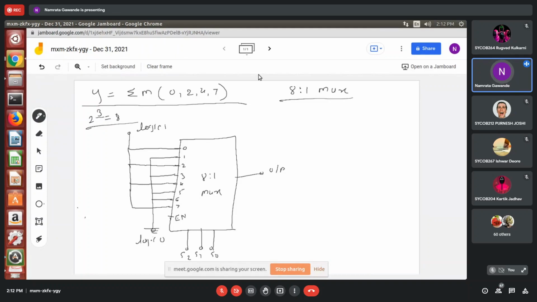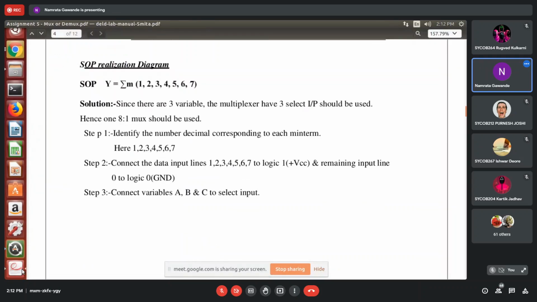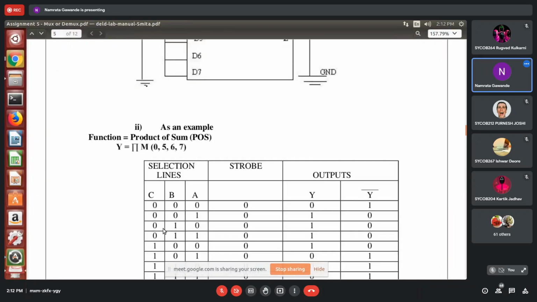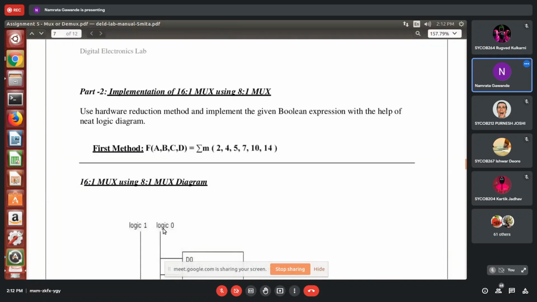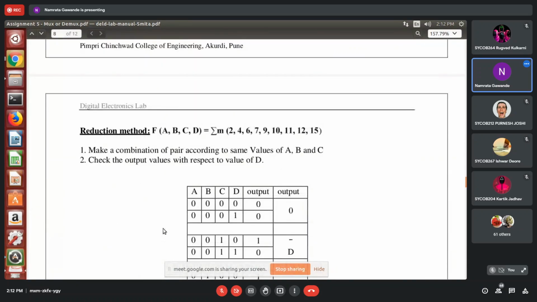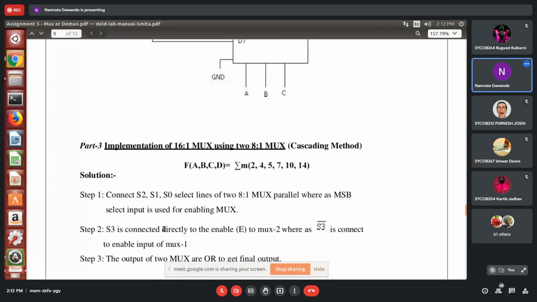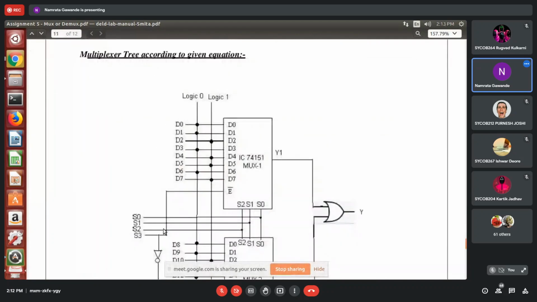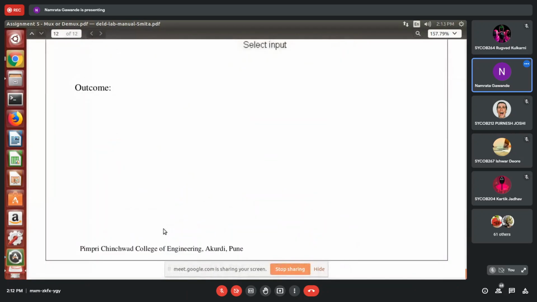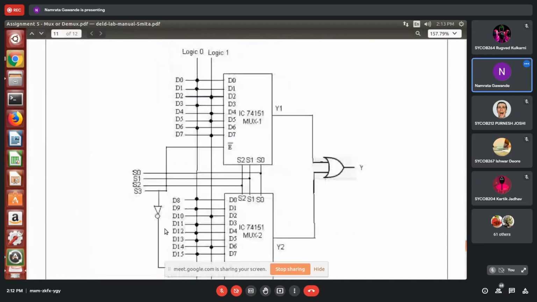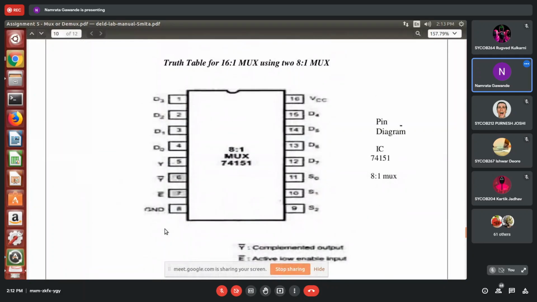For this, the IC for 8:1 mux will be required, that is 74151. So how is the pin structure of this particular IC? Is this pin diagram visible to you?